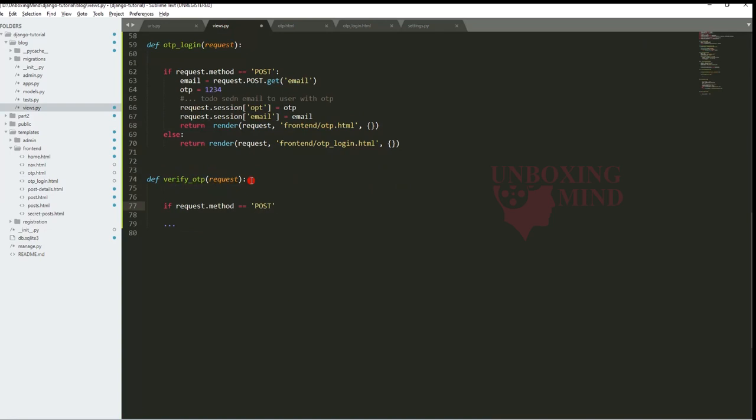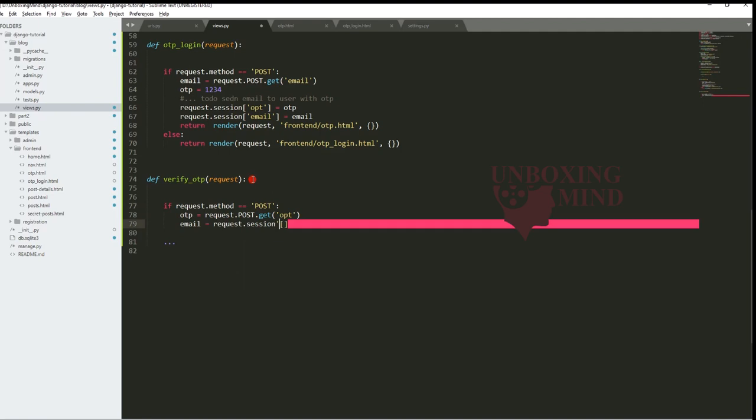Now remove this, it is not required for now. So now we will write some code here to verify the OTP. So suppose the method is a post. So if request.method equal to post, then we will get the OTP entered by the user. So request.POST.get